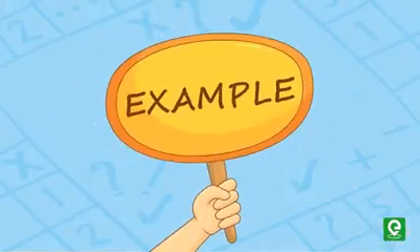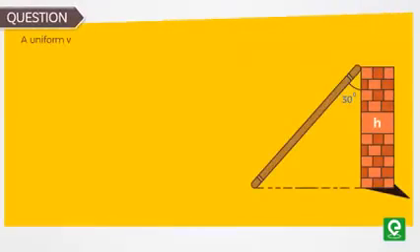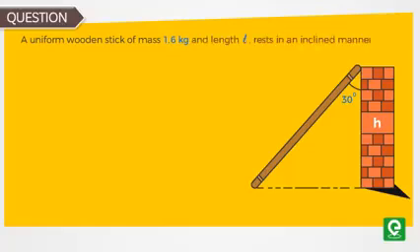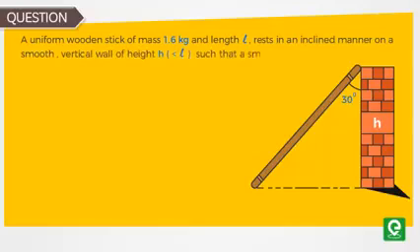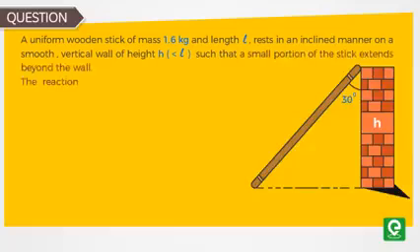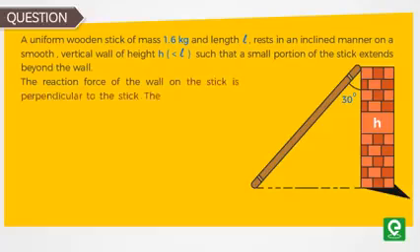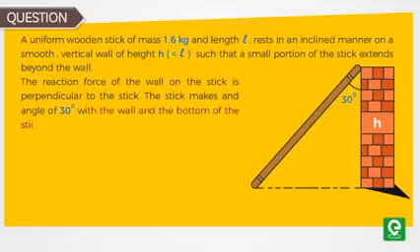Let's take an example to understand this concept better. Question: a uniform wooden stick of mass 1.6 kg and length L rests in an inclined manner on a smooth, vertical wall of height h greater than L, such that a small portion of the stick extends beyond the wall. The reaction force of the wall on the stick is perpendicular to the stick. The stick makes an angle of 30 degrees with the wall and the bottom of the stick is on a